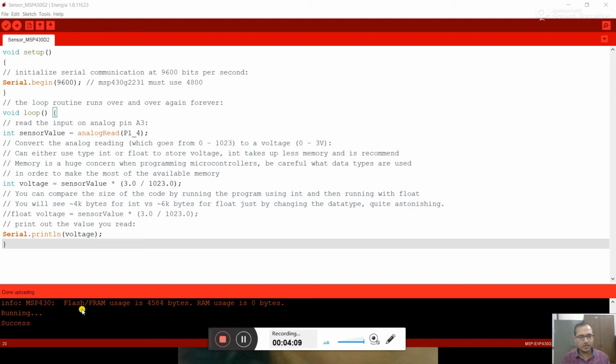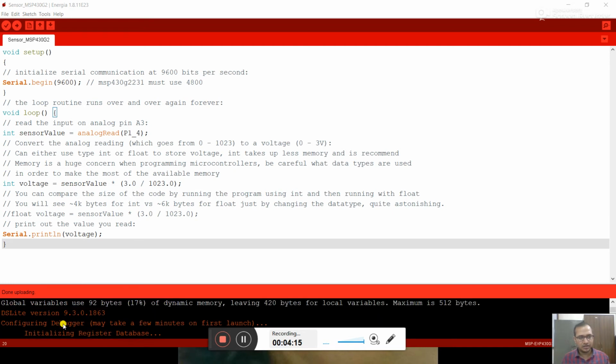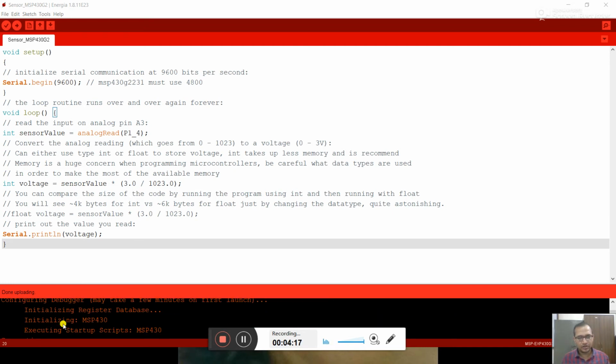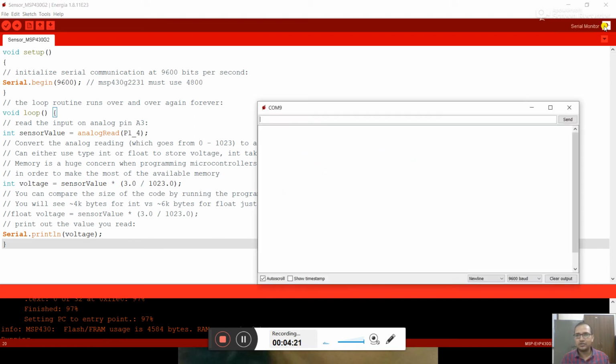Now the code has been uploaded on the board. You can see that it is successfully uploaded, and now let's see what values are coming on the COM port.